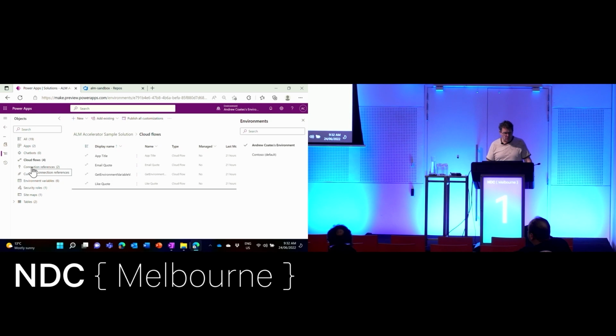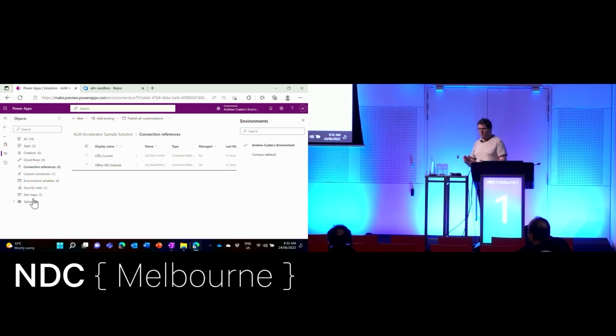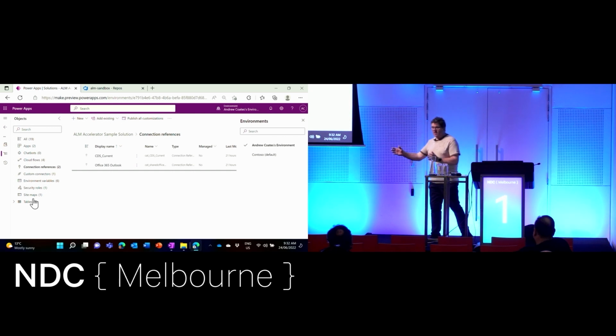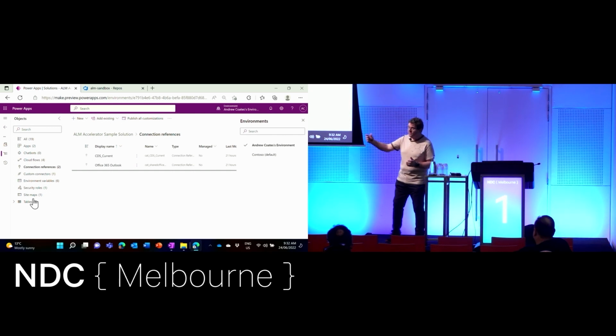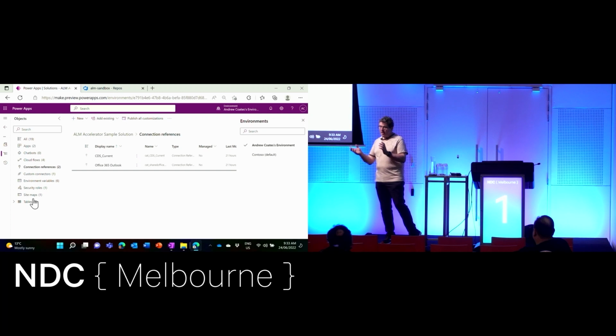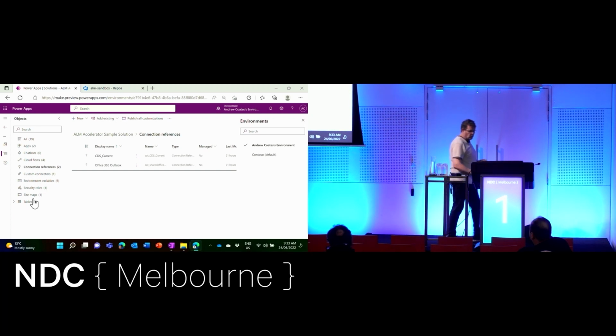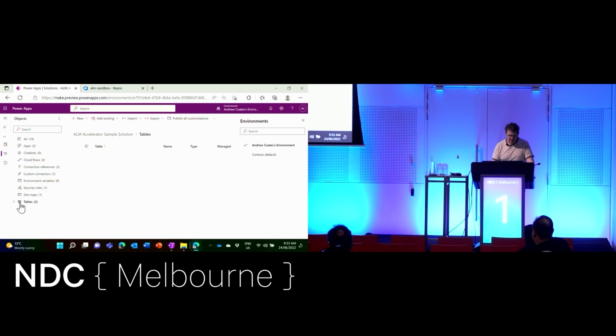Interestingly, we've got some things called connection references, which allow us to decide that in this environment we want to connect to one instance of a connector. In a different environment, we connect to a different instance of that connector with different parameters. Very, very important to be able to do that. We've got a custom connector, which is one that we've written that allows us to connect to a server somewhere else, security roles, and a couple of tables we defined, and the tables, of course, have things like the columns that are defined for that table and relationships.